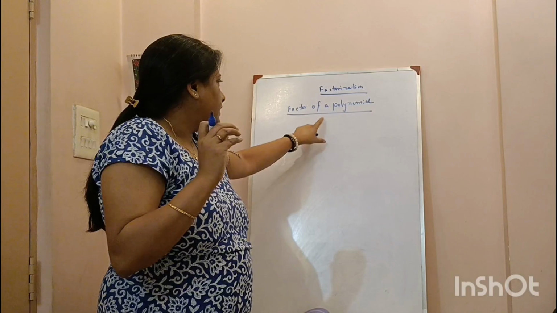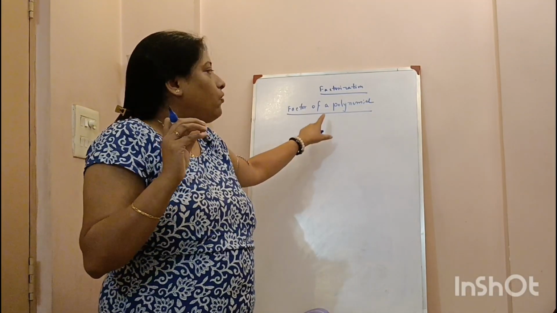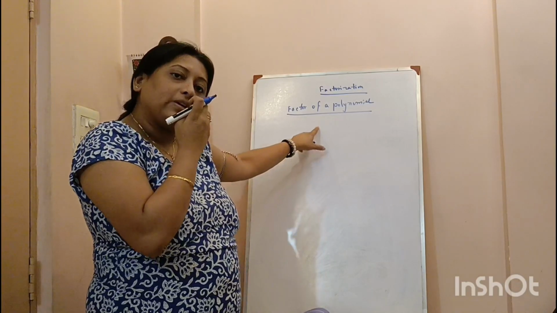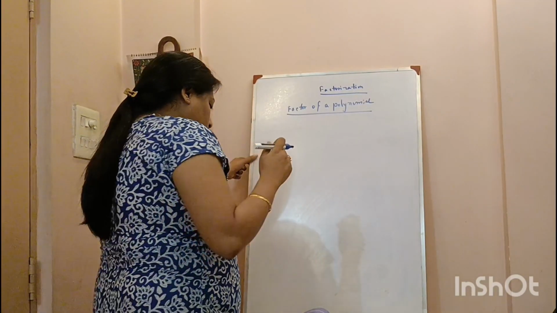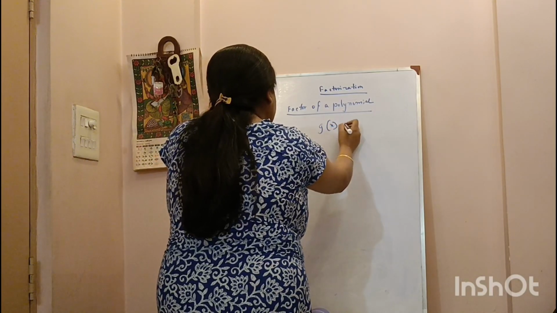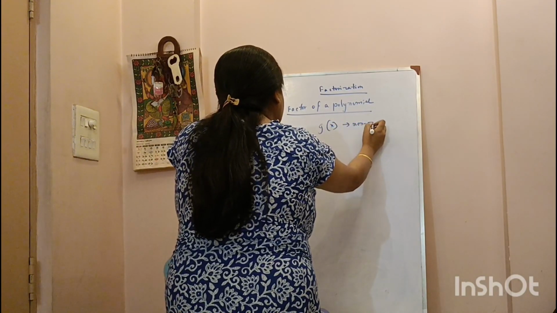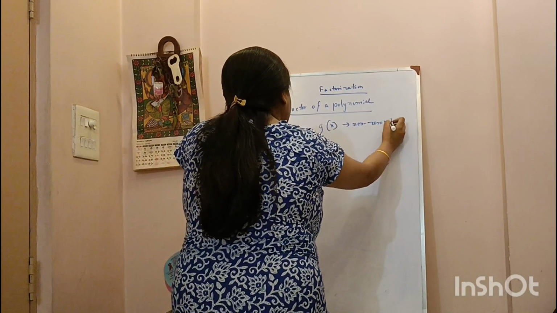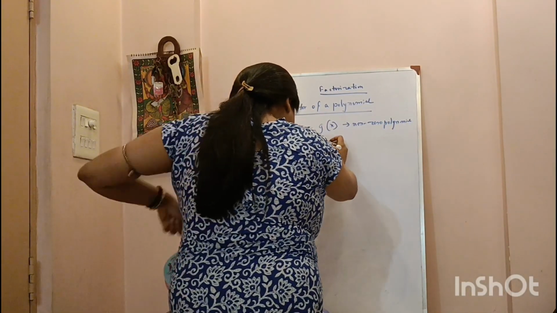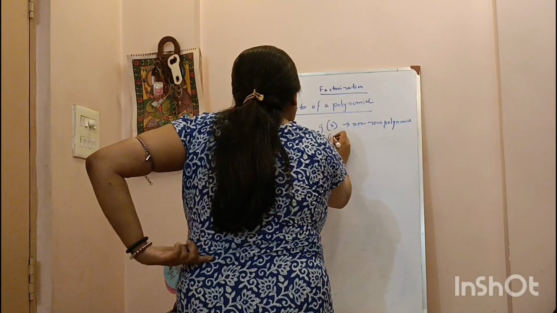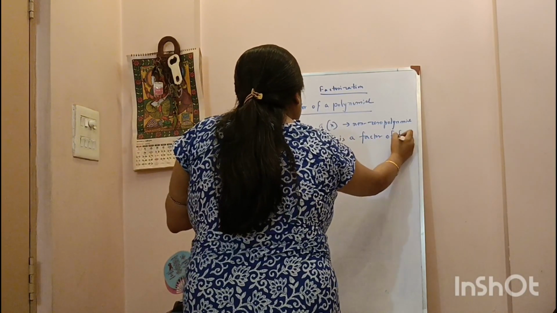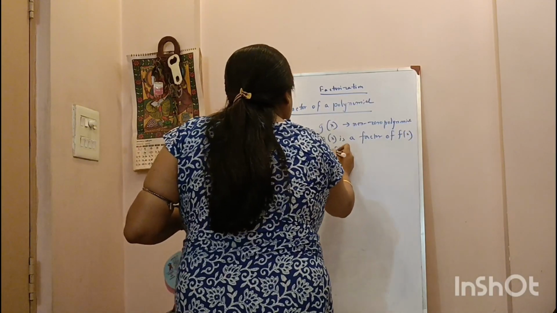A non-zero polynomial g(x) is a factor of f(x) if and only if r(x) equals 0. So g(x) is a non-zero polynomial, and g(x) is a factor of f(x) if and only if